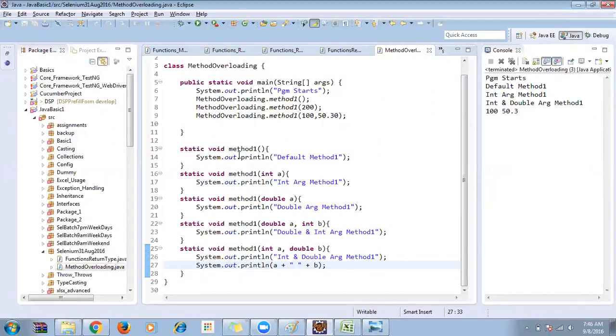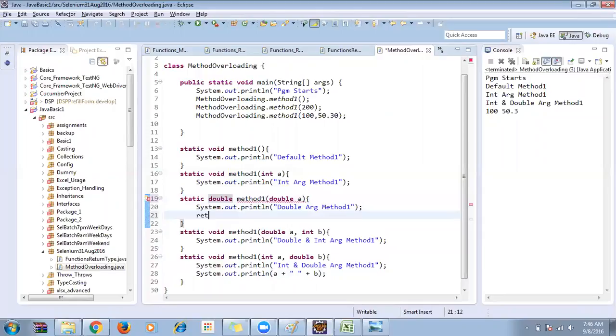So now we'll see how, for example, these values are there. I want to capture it in some place. How can I capture it? That's the thing. So now this is void. If I make it as double, it's not that only double should be given. I can have anything. So return. So now what happened? This will be returning me a value over here. So if I want to call this double, see